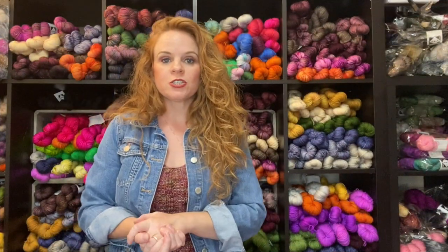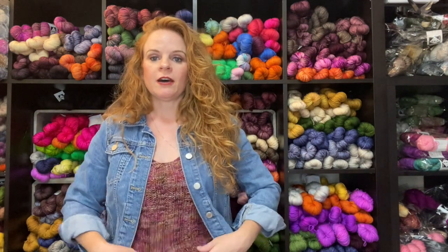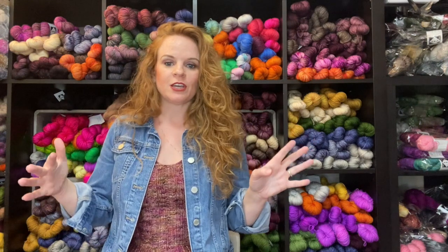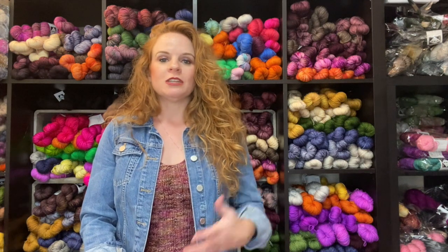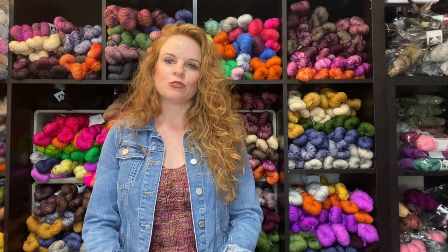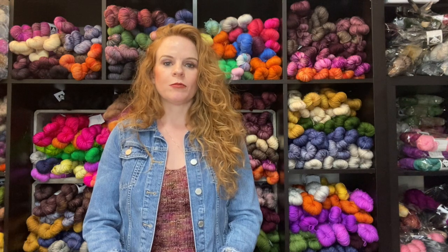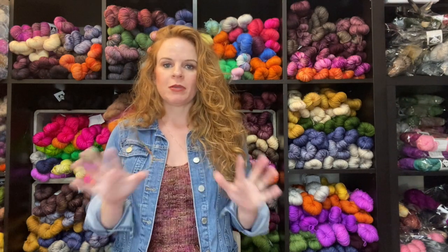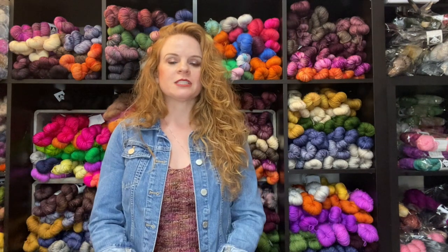Okay, I also finished another project, but I haven't taken FO photos yet. I haven't done a finished object review video yet. That will come after this video because I'm waiting on pants. You know, when you knit a top and you're like, I don't have anything to go with this. It's really an excuse for more pants. I don't have that many pants in my wardrobe. I have like jeans, some basic skirts, like some basic black pants. I just like basics, but for this top, I needed